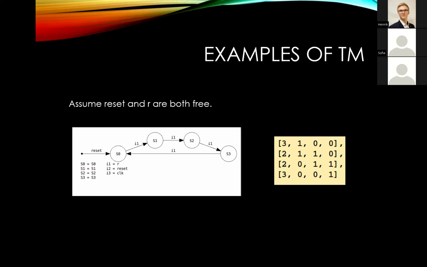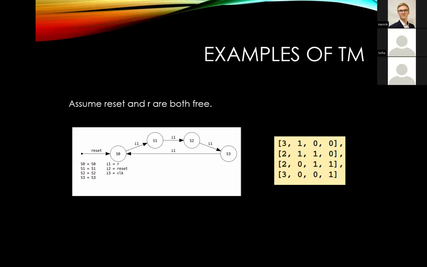That's what it says. And otherwise, it just wanders around here. And I1 is R. So if R is high, then it goes to the next state. If R stays high, it just circles around with these 4 states. The transition matrix, if you look at, let's say, one of the first entries here,